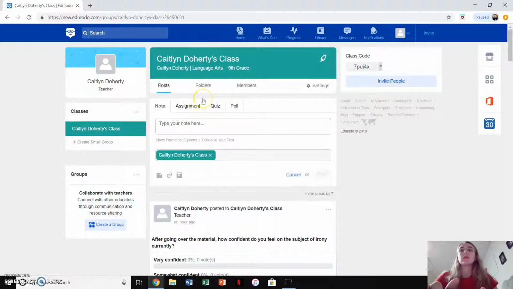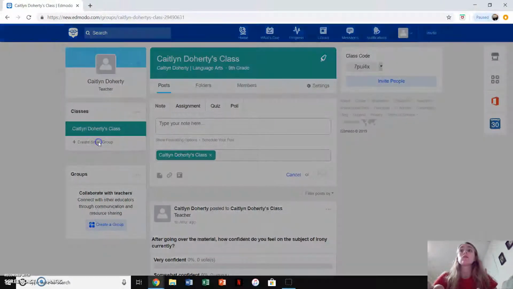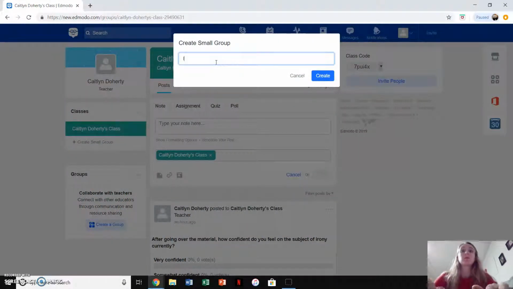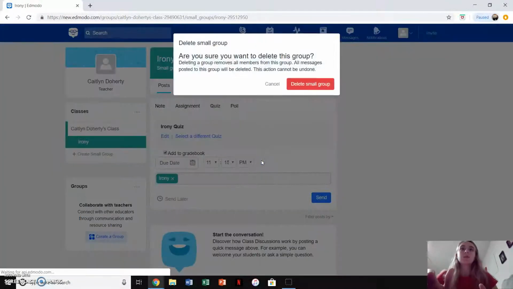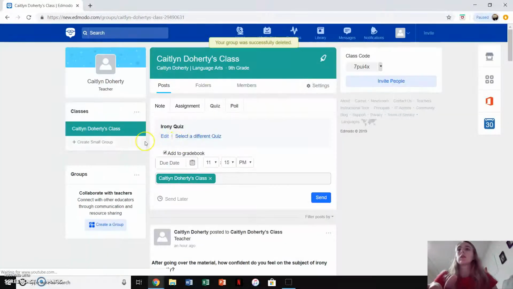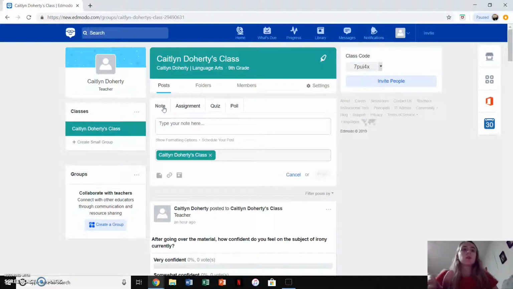Now, within Edmodo, you have your original class for the teacher, and within that class, you can create small groups, and we will name the small group Irony because that is what my lesson is on. And then you can add different members to the small group so that they can work on smaller things, not entirely big group projects, but still projects that require a little more effort and work. So we'll delete that, and back in the class,